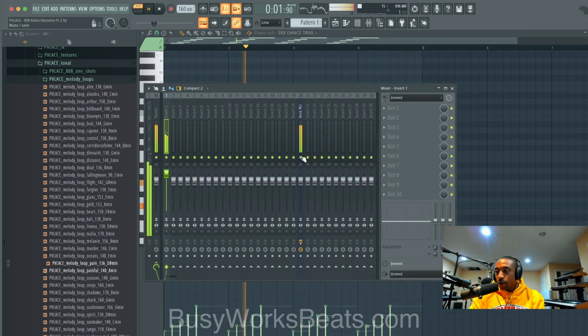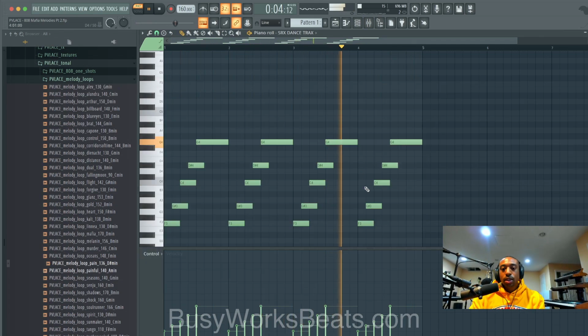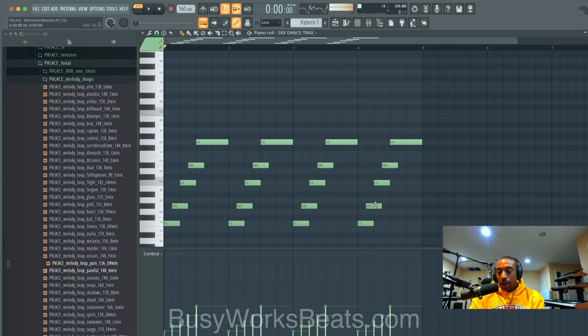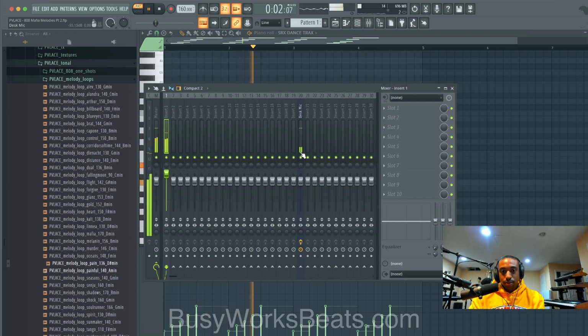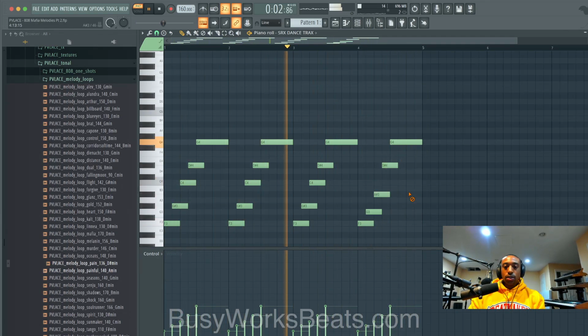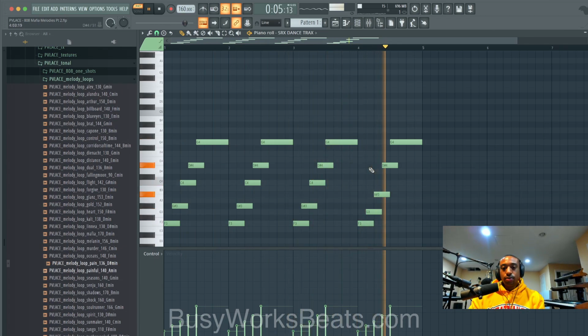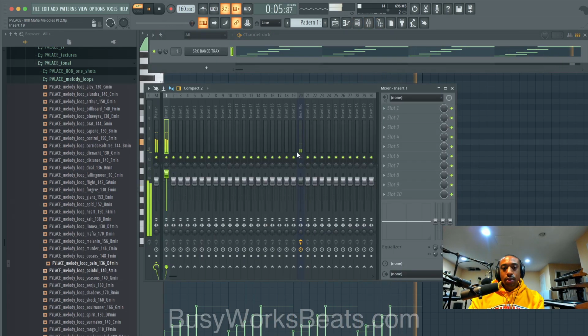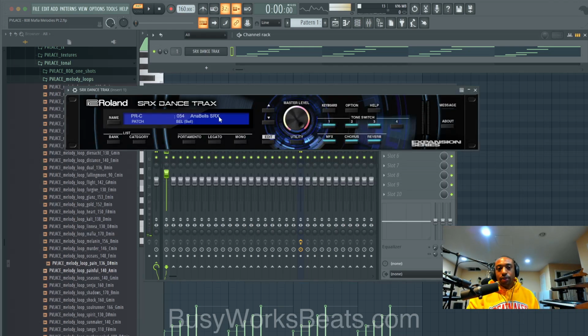So on the 4th thing, our brain's like, okay, change it up. So in the 4th thing, instead of playing the minor 3rd, we're going to play the minor 2nd, and then instead of playing the 5th, we'll play the 4th. So it sounds like it's changing up, but really it's giving us the same identity.